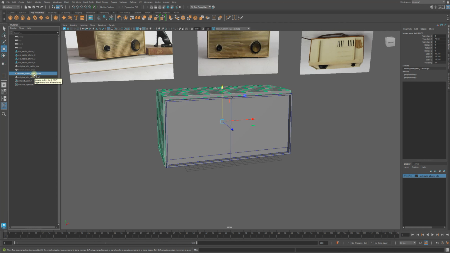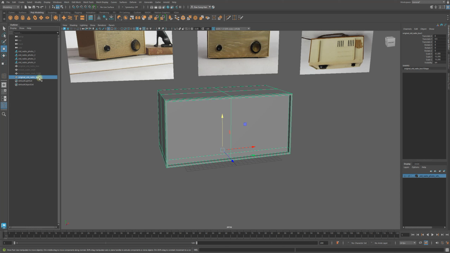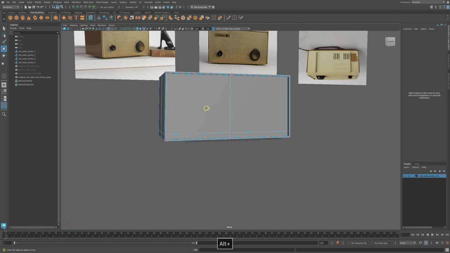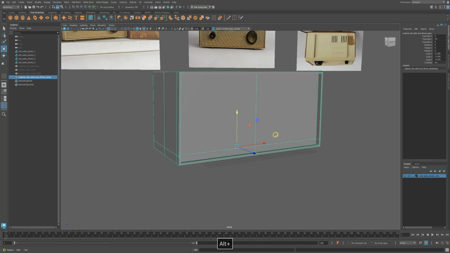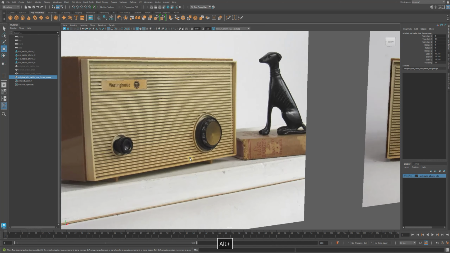I'm gonna hide this and only show this, a copy. I'm gonna just name it throw away. Right. So what I'm gonna do is, using this blueprint, the spacing and everything,